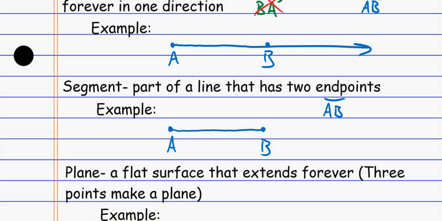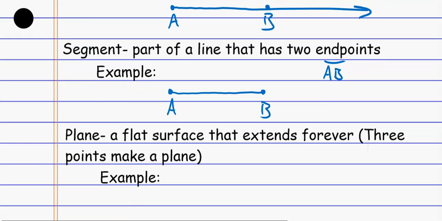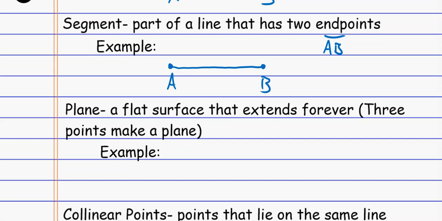A plane is a flat surface that extends forever, and we need 3 points to make a plane. So when we classify rays and segments, they're parts of lines. A line requires 2 points, so does a ray, so does a segment. Those all require 2 points. If we get 3 points, what we get is a flat surface that extends in every direction. So if I had these 3 points, A, B, and C, the surface that touches